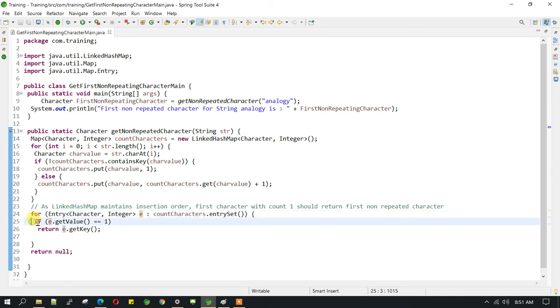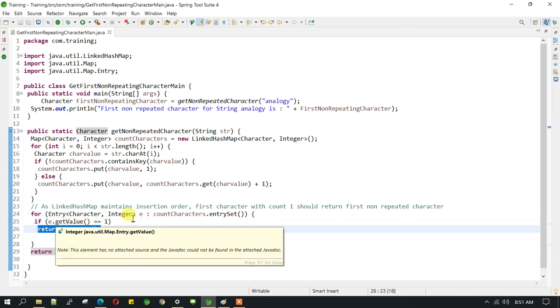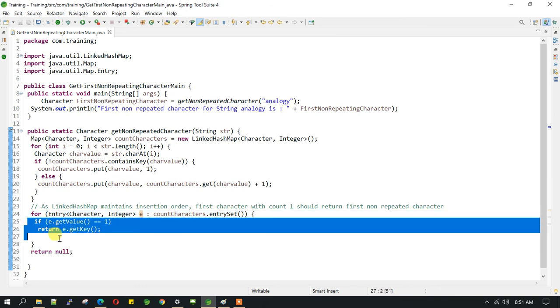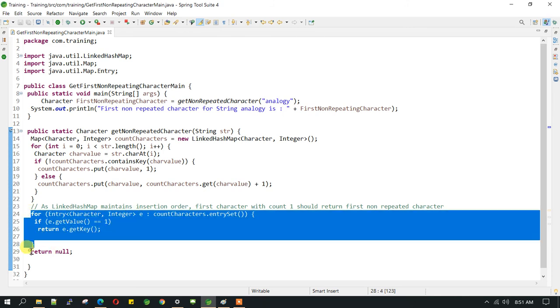If you see this condition, e.getValue is equal to 1. If it is 1, immediately we return the key of this entry set, and that will be the first non-repetitive character. If it doesn't, it again goes to the loop and comes with the second entry set value, and again it checks. And if it doesn't find anything, it will return null.